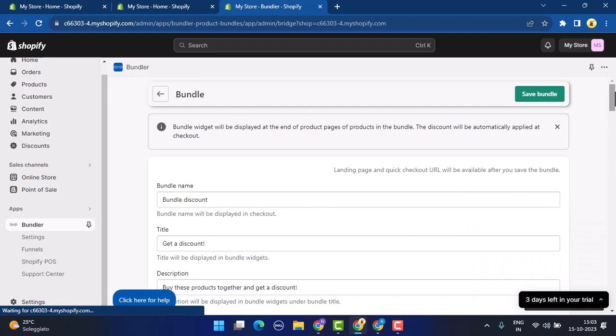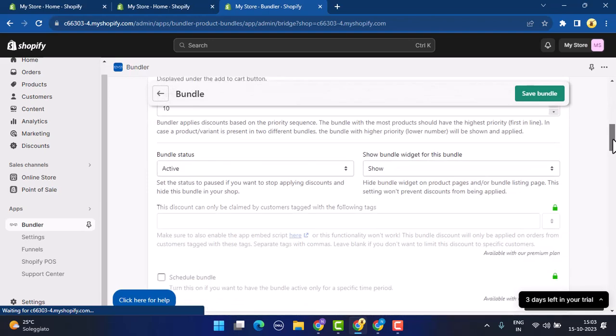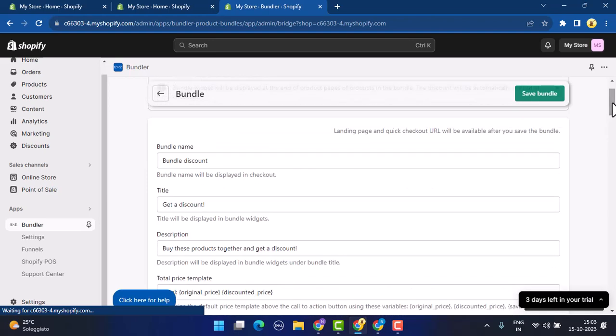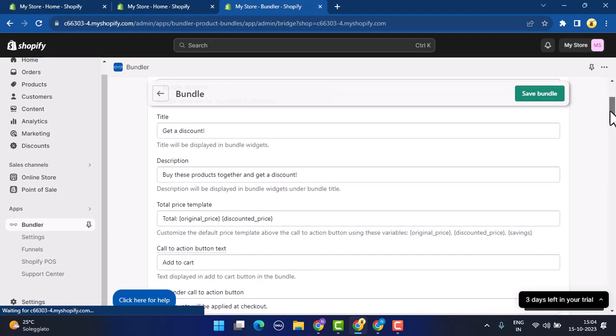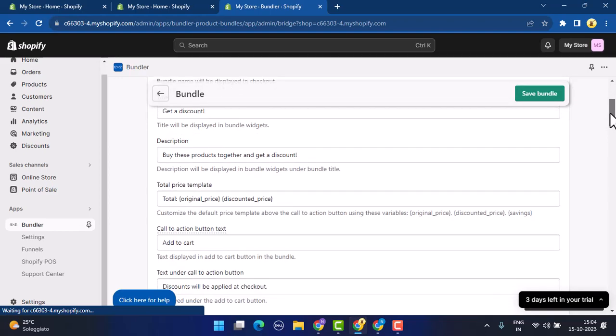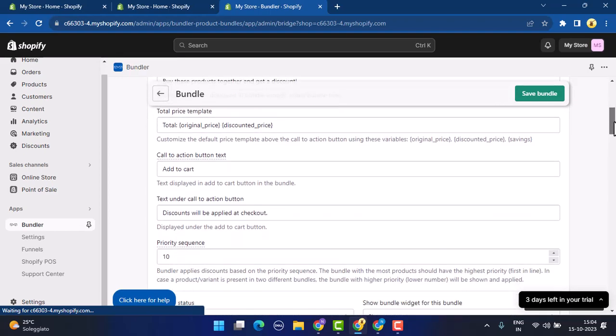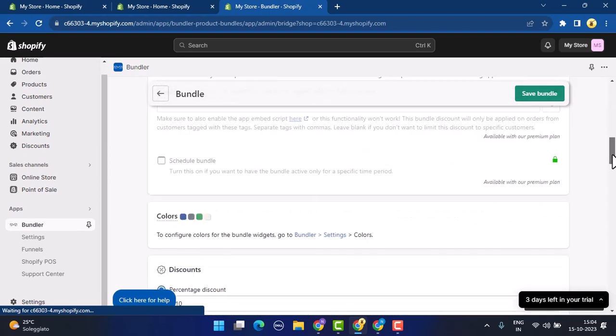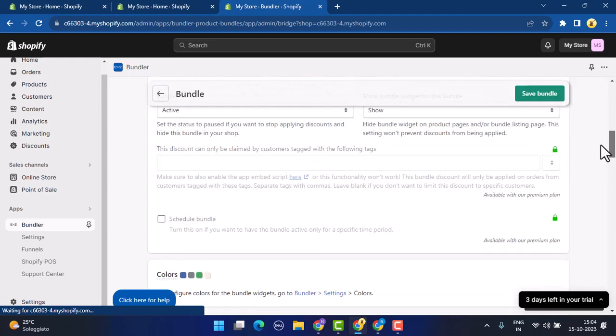So here you need to fill out the form in order to create a bundle account. So you can see first of all you need to provide your bundle name, title, description, total price template, call to action button text under call to action button. Now properties, sequence, all of that you can go through all of it,